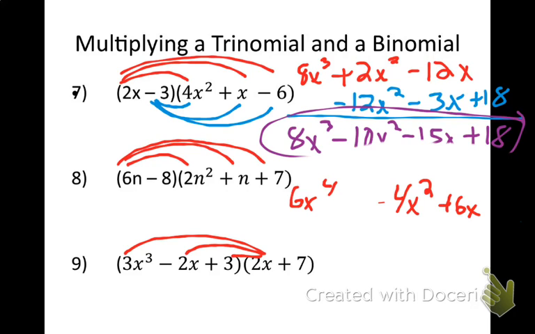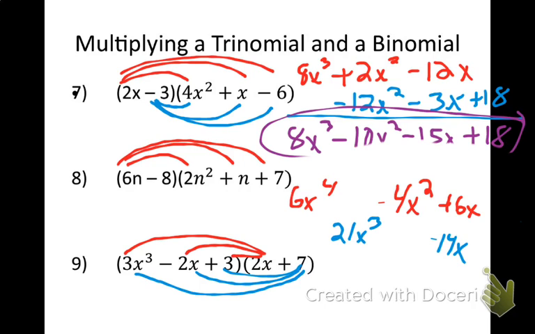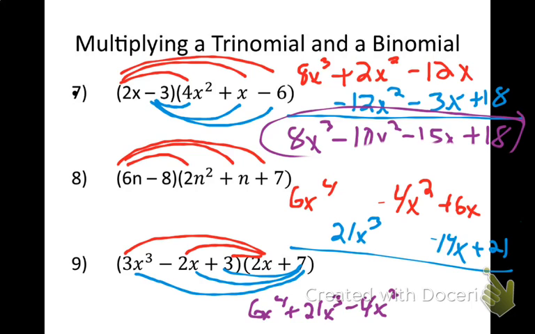And then I'm going to distribute my 7. 7 times 3x cubed is 21x cubed. 7 times negative 2x is negative 14x. Recognize I skipped over the gap again. 7 times 3 is 21. And then I combine like terms, getting me 6x to the fourth plus 21x to the third minus 4x squared